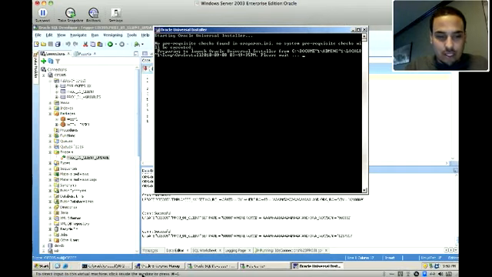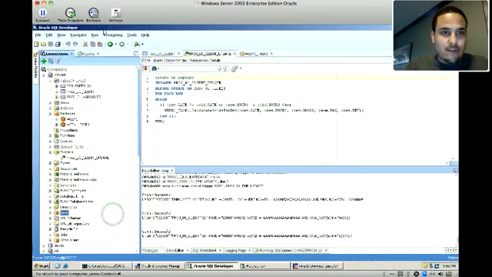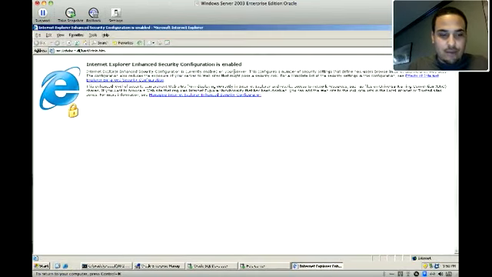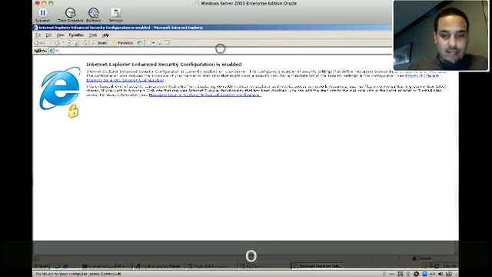While that loads, I'll show you what environment I'm running on, what application I'm running the SQL and the PL/SQL. This is Oracle SQL Developer. You can find Oracle SQL Developer. Looks like the Oracle Windows is about to load right now, but we'll wait that out. And if you go to oracle.com,